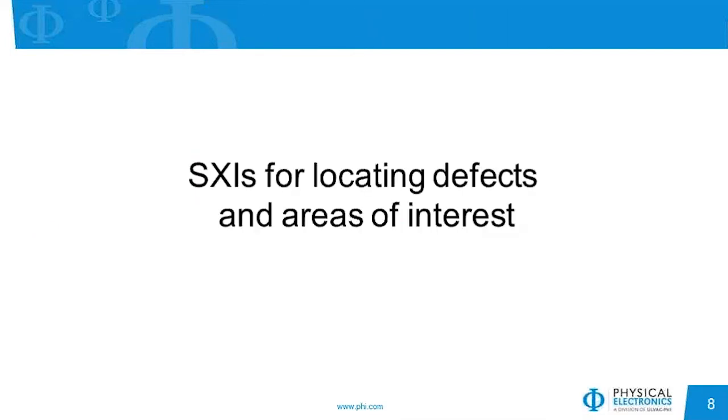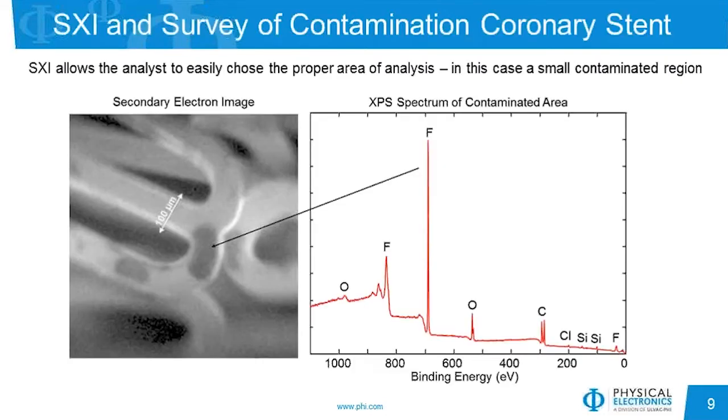So the first example will be how we can use SXI for locating defects or, in general, areas of interest. What we see here is a coronary stent sample, and we have collected an SXI within just a few seconds on the left, and we can see that there is a large contrast highlighting the boundaries of the stent itself. We also see a dark spot of approximately 100 microns in diameter right away, and this could be a possible